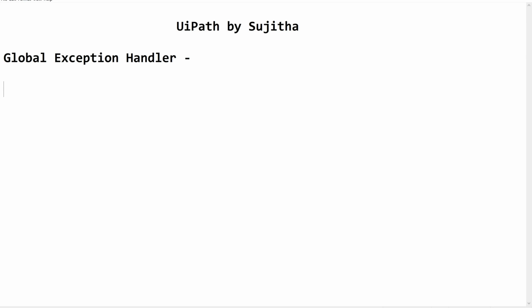We use try catch, or we can throw and rethrow, all this, in order to handle the exceptions, whether it is a business exception or a system exception, if it is caught, I mean if it is known. Just think about the unexpected. We don't know whether such kinds of exceptions may occur or not. We don't know when the system may fail. We don't know when the network may